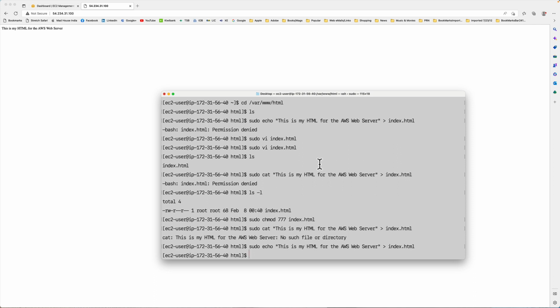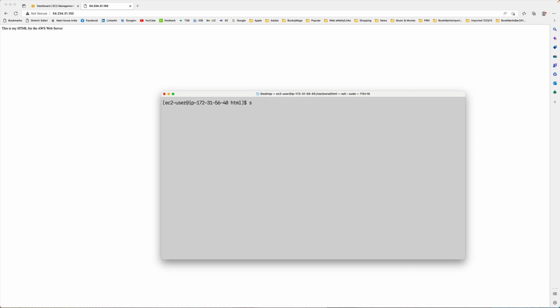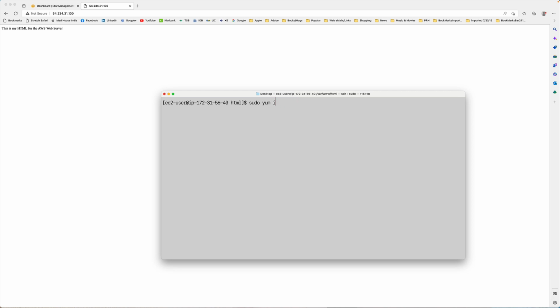So this is how you create a web server using Linux commands. So I think it's simple, easy. The key commands that you need to remember: I'll give you a series of commands. The first command has to be sudo yum update -y. Once you have executed that, then you have to run sudo yum install httpd -y. -y is for yes. After that, you have to run sudo service httpd start,